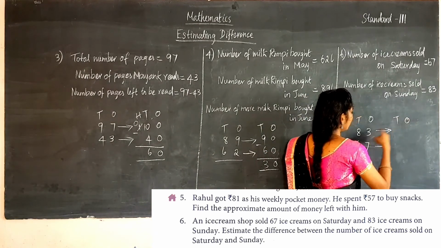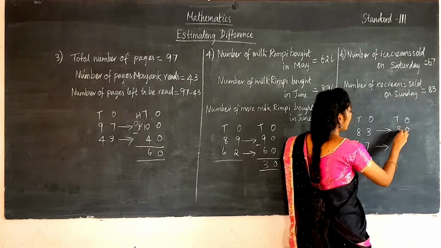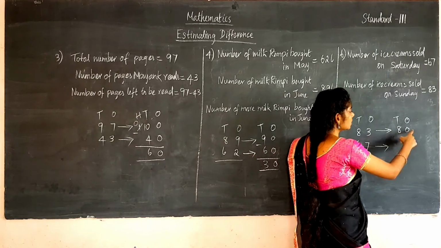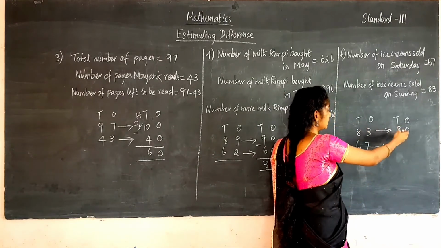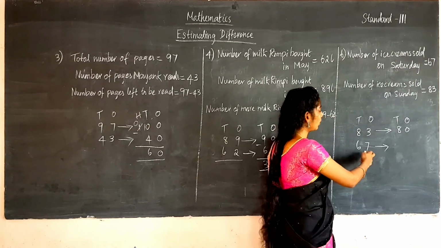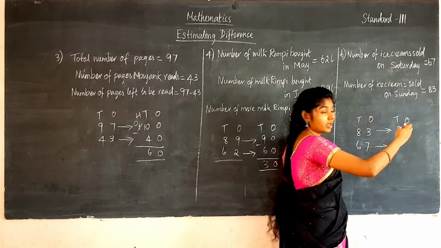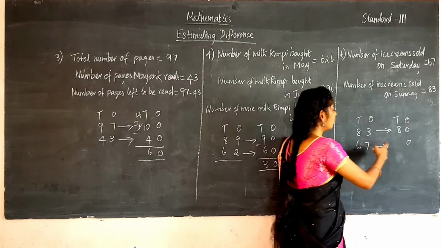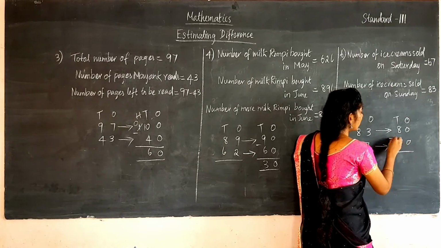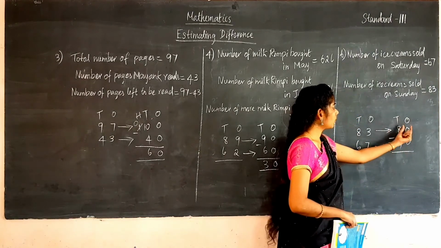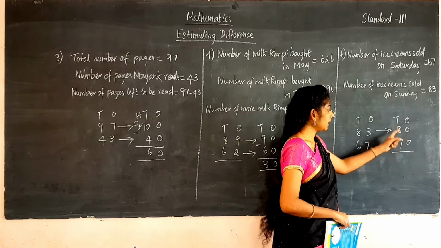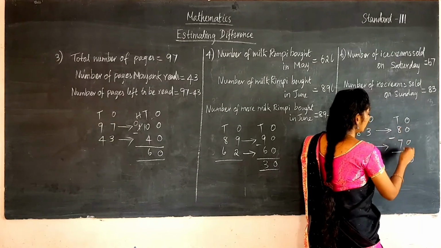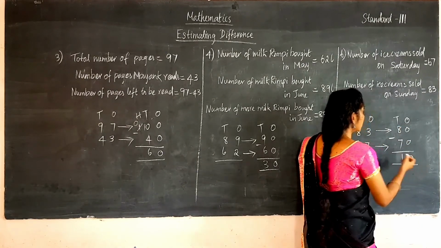So 3 becomes 0 and 8 will be as it is, because the ones place number is less than 5. So you are writing 0 in the ones place and writing 8 as it is. And here in 67, 7 in the ones place is greater than 5, so you write 0 in the ones place and add 1 to the number 6, so you will get 7. Now you can subtract the numbers here. Ones place, 0 minus 0 is 0, and 8 minus 7 is 1, so the answer is 10 that we have got.